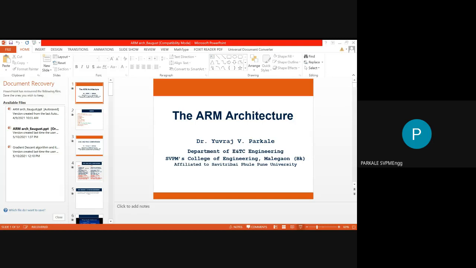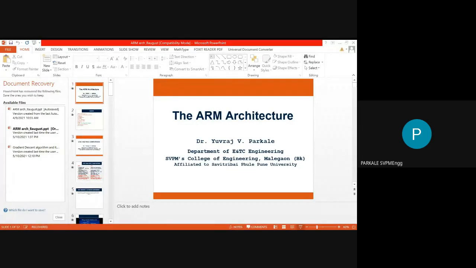Okay, so a very important comparison is of different types of architecture. In microprocessor and microcontroller there are two basic types of architecture that are widely used. One is called CISC architecture and another is called RISC architecture. CISC is nothing but complex instruction set computing, and RISC is called reduced instruction set computing. So first CISC was developed and then the new architecture called RISC was developed, that you have to remember. So RISC must have some very good advantages over CISC.